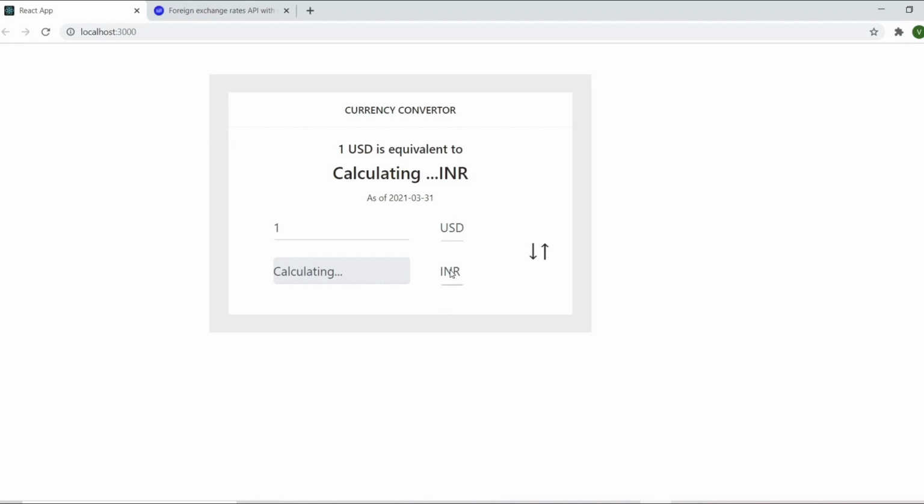So I think we got some issue here. It's not working properly, I think. So refresh it, give 1. I select euro here, so it is not selecting. So the second drop down is not working as expected. Let's click on that drop down. So this is working and the value is also calculating, but the second drop down is not working here.